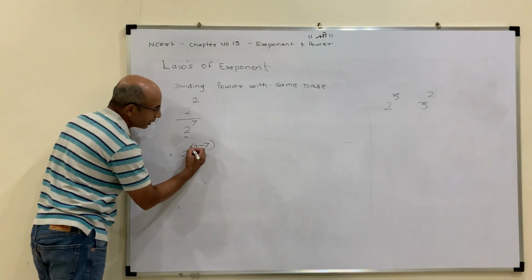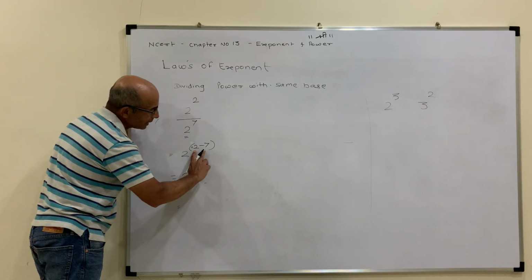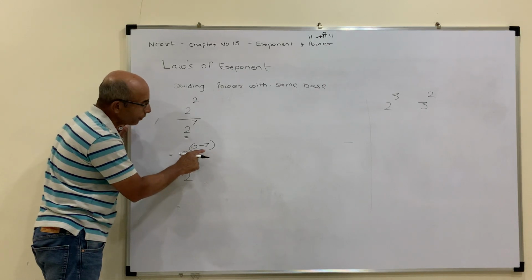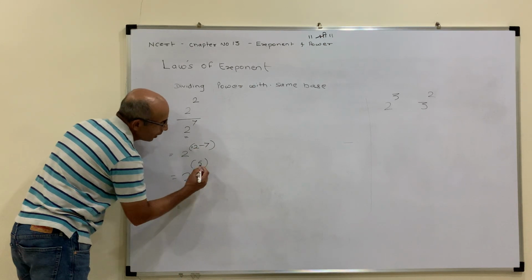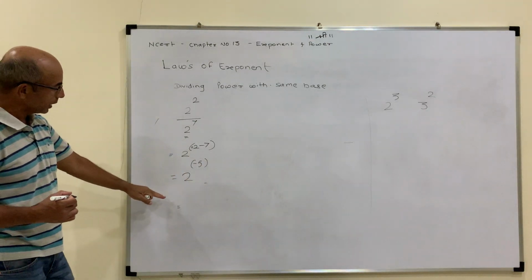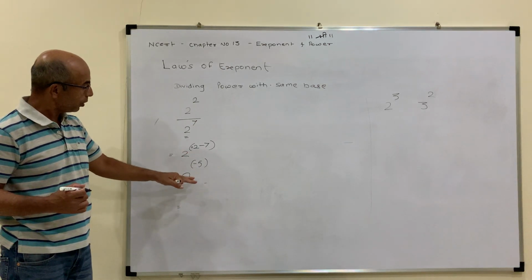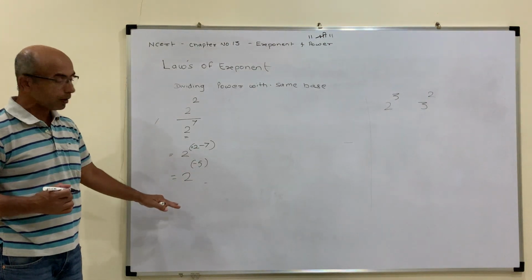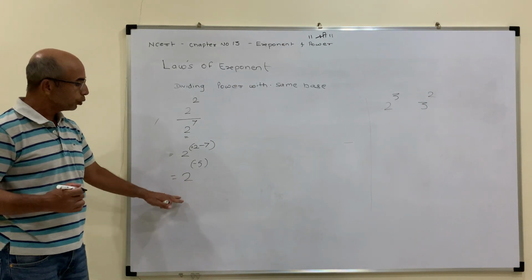The sign of 2 is not mentioned, so it's a plus. Now the signs are different, so we will be doing subtraction. We will be subtracting the smaller number from the larger number. So 7 minus 2 comes out to be 5, and the sign of the larger number is minus. So the answer will be 2 raised to minus 5. It's not 2 raised to 5, it's a minus 5. Later on, when we move further, I'll show you how to express 2 raised to minus 5.